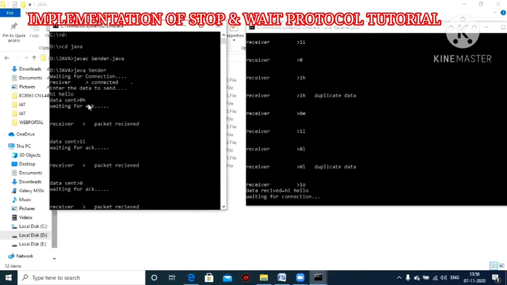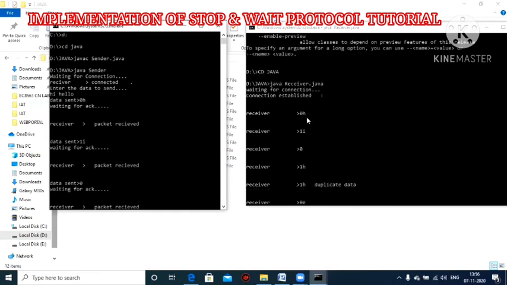The first data sent is 0h, and the sender is waiting for acknowledgement. Look here, the receiver received this data, the first data, 0h. Because of the sequence number, it assigned the sequence number. Here the sequence number is 0101; it alternates. First it sends the data h from hi, so h is received here as 0h. Next it sends the acknowledgement to the sender. Once it sends the data, the packet is received, and the acknowledgement packet is received. After getting the acknowledgement, the sender sends the next frame.